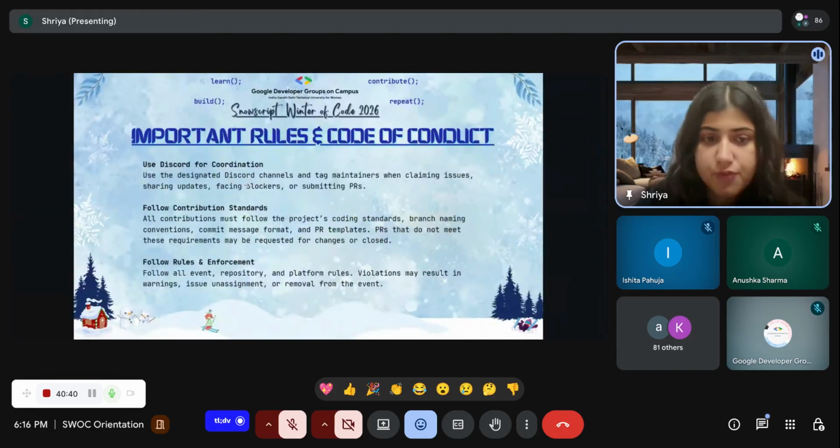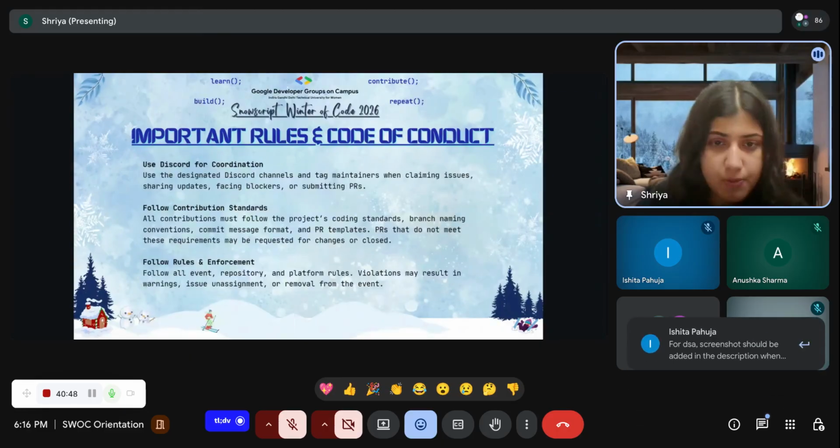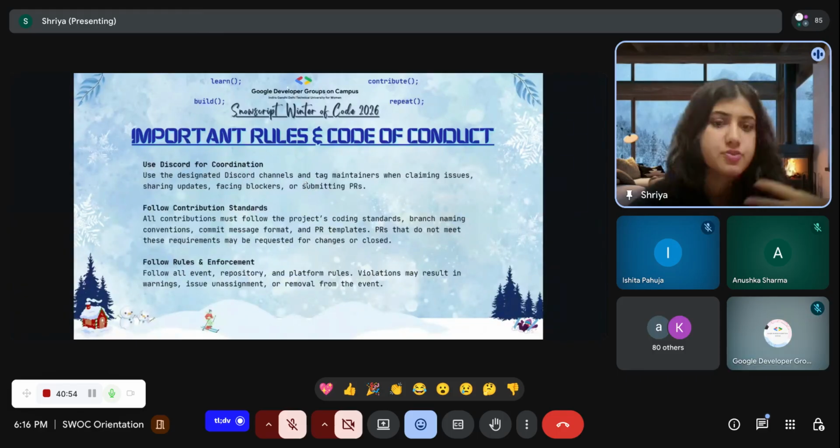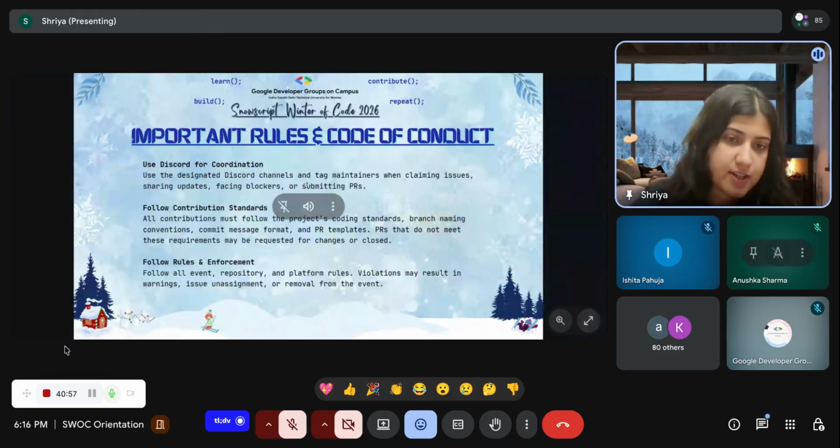Use Discord for coordination. It's the designated channel, so you can tag mentors there whenever you want to claim issues, share updates, discuss any problems with them, or when you have submitted PRs. Try not to use WhatsApp as the channel for